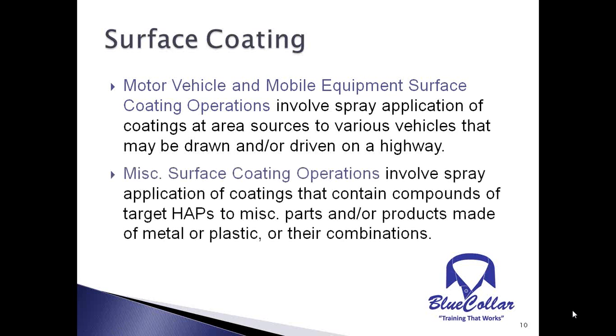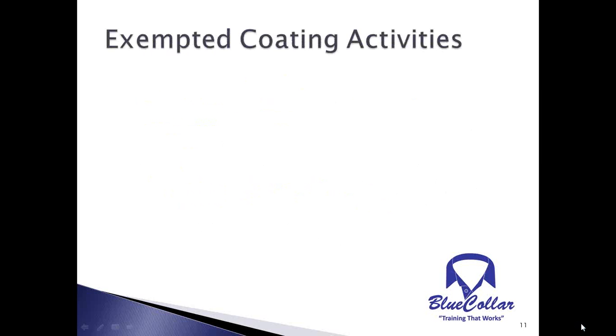The miscellaneous surface coating operations that involve the spray application of coatings that contain compounds of target HAPs to miscellaneous parts and or products made of metal, plastic, or their combinations. So what that's actually saying is if you're spraying anything that has what they consider heavy metals. A lot of paint manufacturers have tried to remove as many of the heavy metals out of their paint line as possible, but there are usually still some heavy metals contained in certain colors. It may be a low enough percentage that it doesn't matter, but still some of the products that you use